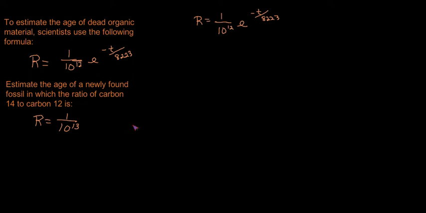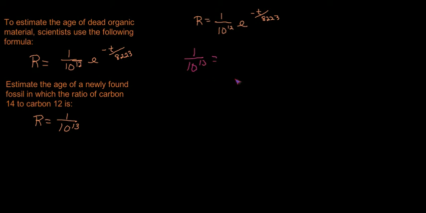They want us to estimate the age of a newly found fossil in which the ratio of carbon-14 to carbon-12 is this formula right here. So this one's pretty straightforward as far as it's a substitution problem. If we know what R is here, we're going to set this one equal to the R value up top here. R is 1 over 10 to the 13th,